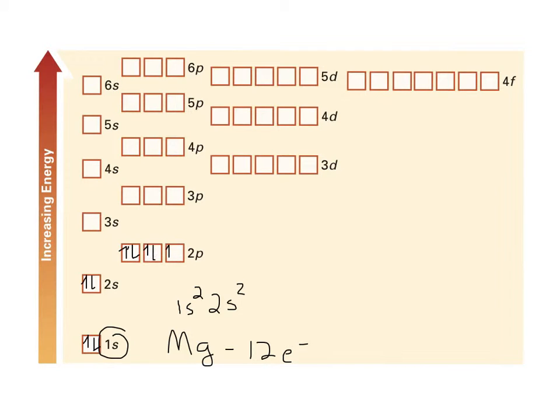8, 9, 10. Okay, so I'm still 2 away. But 10 gives me, that's 2p. And how many electrons are there altogether? 6. So it's 2p6. And then I've got 2 more. So the first one here, second one down, 3s2. So this is my shortcut configuration